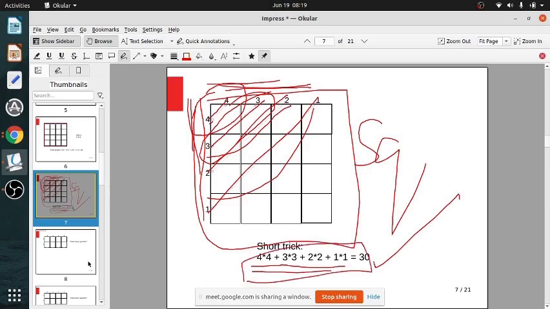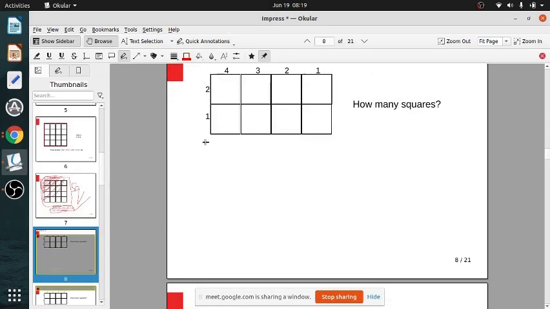Now, here is a case where, how many squares? Here we have 4 and here we have 2. So, they are not equal. In that case, we had equal 4, 4 or 5, 5. Here we have only 4 and here we have only 2. So, you will not be able to take 3 at a time, because if here you take 3, then here also I have to take 3, then only it will be a square. I can't take horizontally 3 and vertically 2. So, I can take only 1, 1 or 2, 2. I can't take 3, 3 because I don't have vertically 3. So, see how it comes.